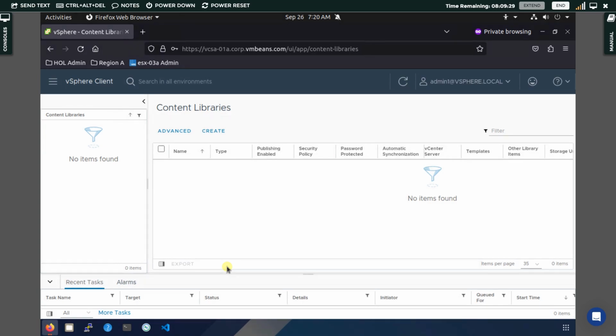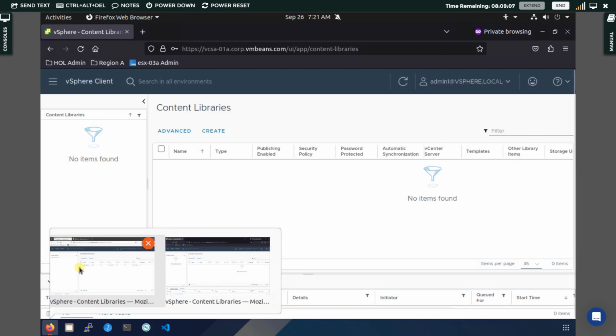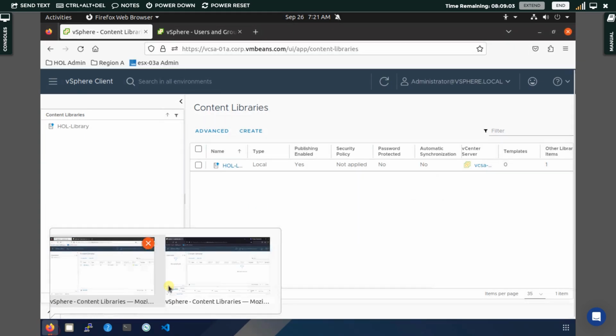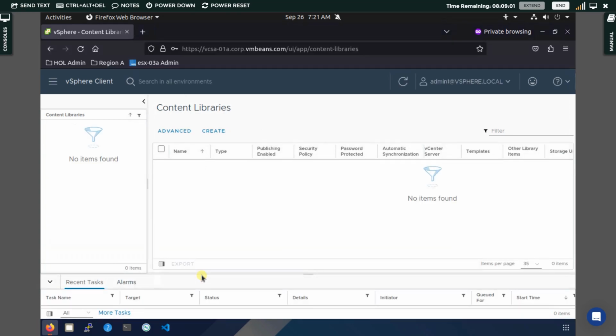And one more thing: both the user administrator as well as admin are having the same type of privileges. Although both of them are having the same privileges, the shocking part is that the administrator user is able to see the content library, but the admin one user is not able to see the content library. See, when I went to Hosts and Clusters for the administrator account over here, I am able to see the content library, but this is not the case with the admin user,